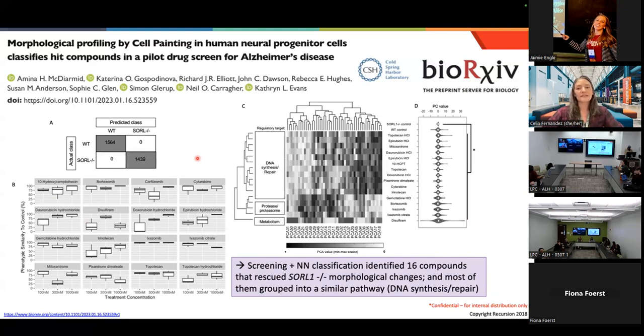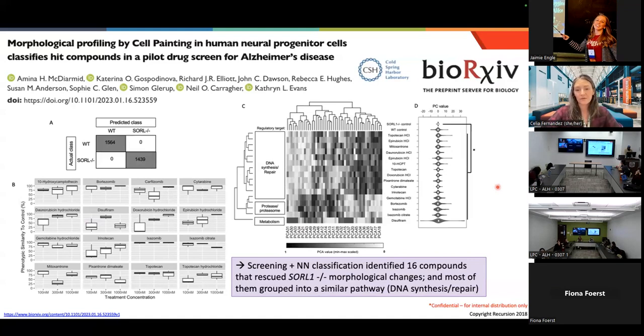There are other libraries that exist that have thousands or tens of thousands or even hundreds of thousands of compounds, a lot of which there's not a lot known about besides their structure, and libraries that have novel chemical matter, right? So these are all known. There's nothing new about them. So they screened through, and with their machine learning technology, they were able to narrow the hundreds down to 16 compounds that they found rescued this phenotypic change in the disease cells.